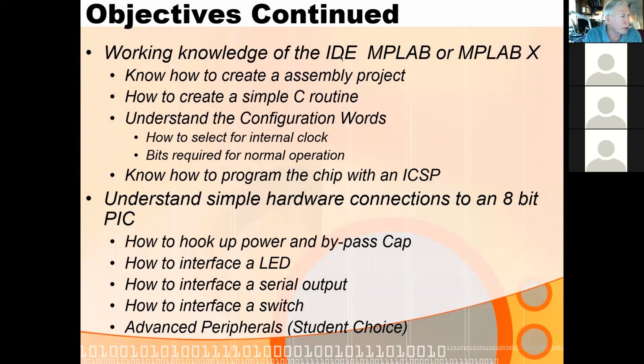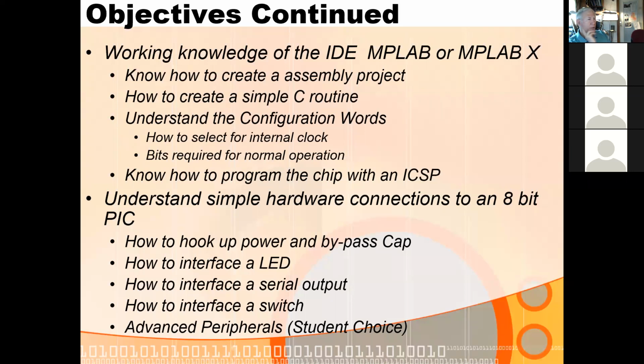Okay, so once you have a working knowledge of the integrated development environment called MPLAB-X, which used to be MPLAB, they upgraded to MPLAB-X, so forget MPLAB. You need to know how to create a project in assembly and create one in C. Now, interestingly, if you download the latest version of MPLAB-X, they have taken away the option to do an assembly language program easily. You can't do that anymore. You can still do it, but I don't know exactly how. It's complicated. So if you want to use assembly language, you have to stick with one of the older versions. And that's why we recommend that you load up